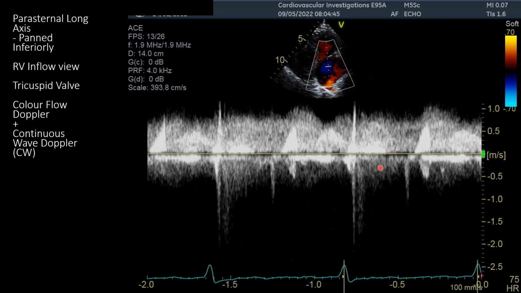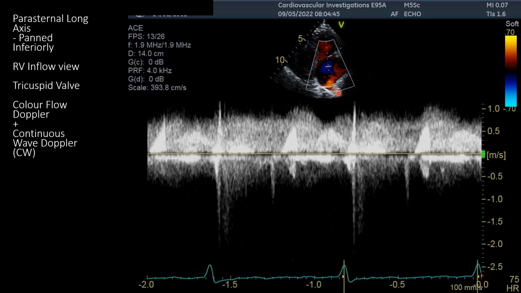On the vertical axis, we have the different blood flow velocities that are being measured along the entirety of this line of interrogation. So there are blood flows that are occurring towards the probe, above the baseline, and there are blood flows that are occurring away from the probe, and they are plotted below the baseline. We can see areas of increased density, and that just signifies that there are more signals returning that particular blood flow velocity. There is no reference to where these velocities are occurring along the line of interrogation, and so we need to use our anatomical knowledge,